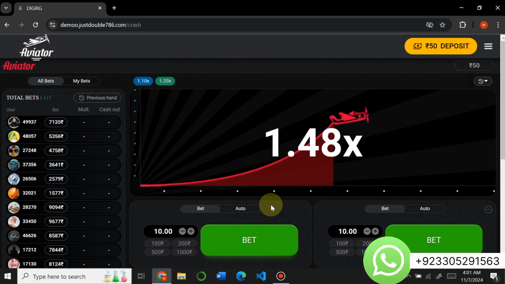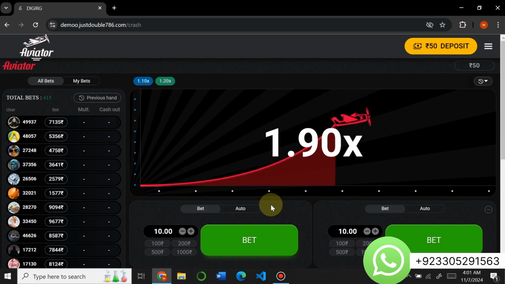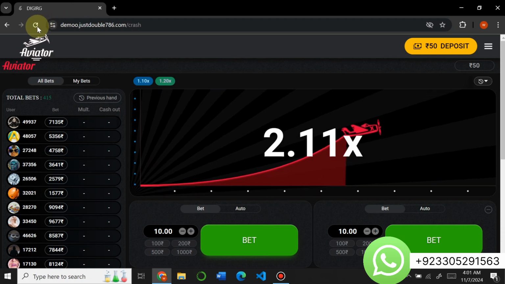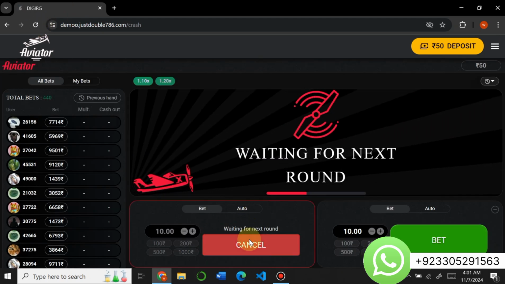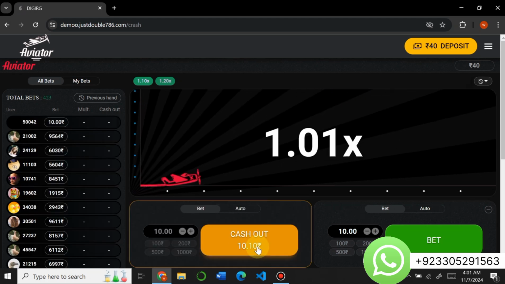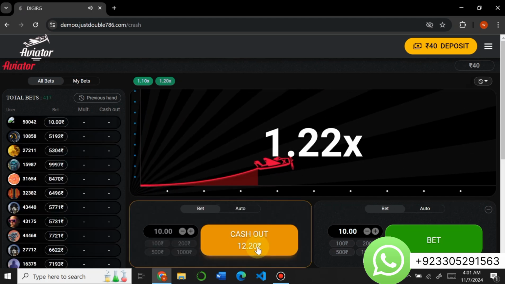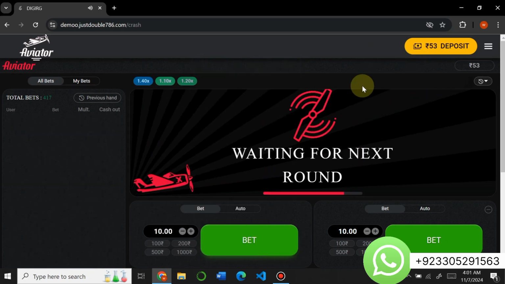and after the crashing your bonus will be added. So I will give you one demo by playing the game. So first of all, let me just refresh, and now I am placing 10 rupees bet. So 10 rupees bet has been placed, and now viewers, here you can see our cash out is going, and now I am going to cash out, and here you can see our balance is 53, and we have successfully